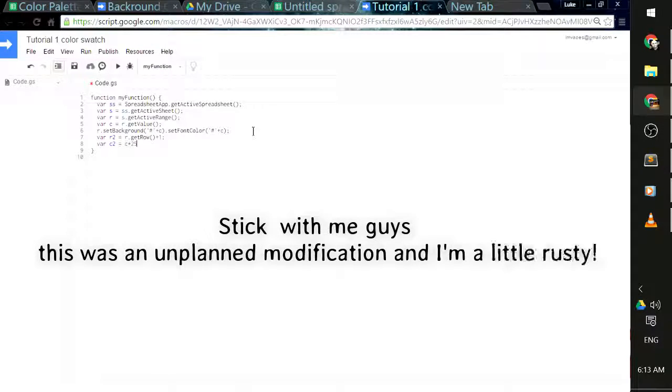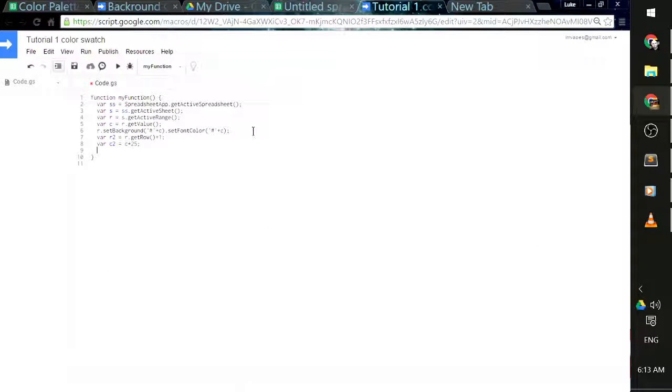I don't know if that'll work, but you know what? That's okay, because we can try it. We can see it, right? And then what we're going to do is, let's see here. How can I put that value into row 2? It's been a while since I did this. So we can go,